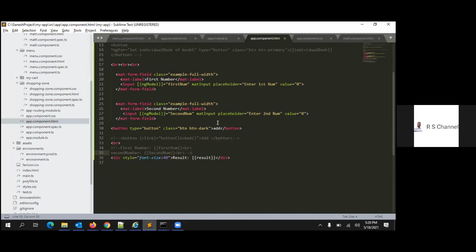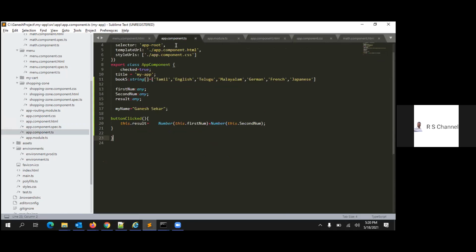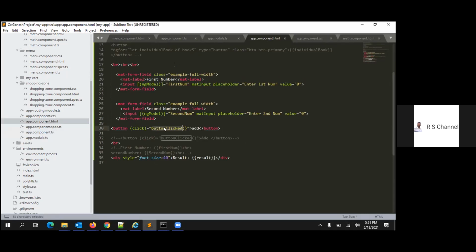Your add button is empty. You have to add a click function. Can you see my code? This button, right? You have to call that function when you click on add. Currently, add is not doing anything. When you give this code, when I click on this button, it would call that function. That function is here. In this function only we are adding. Understood? Yeah, okay.